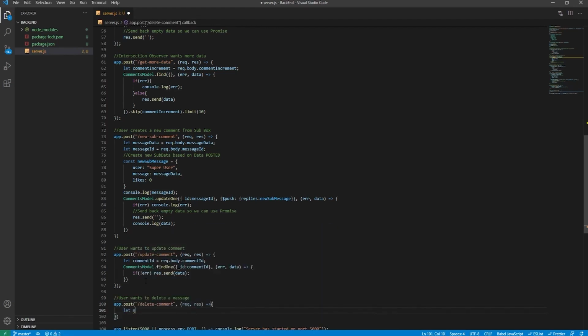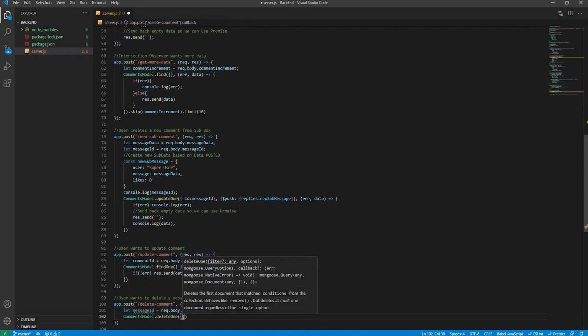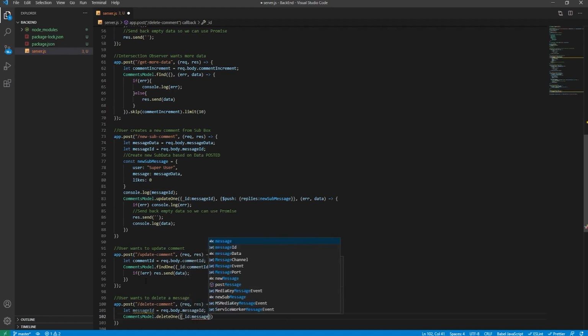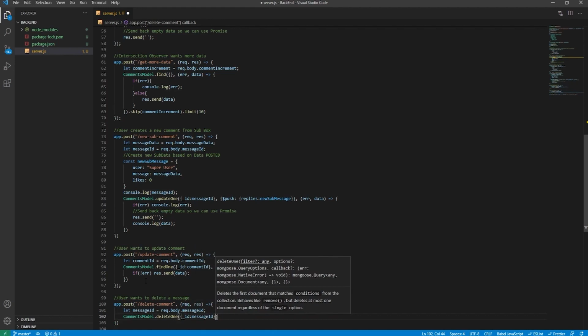Inside the callback function we'll get access to the message ID from the JSON object that we sent over, like so, and then we'll say commentsModel.deleteOne, and then we will find the document based on its ID and the message ID which we got sent over, to the database, and then